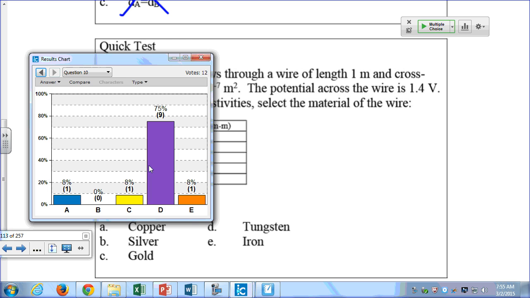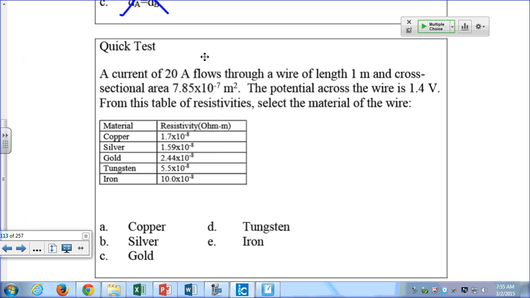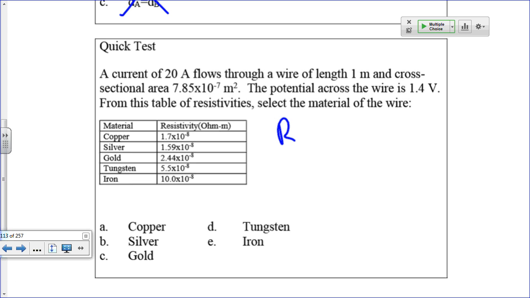All right, D is right. These are pretty straightforward. You just need to put in the right numbers and calculate what is rho. So here I know that R is rho L over A. So I calculate rho, which is R times the area over the length. The resistance I find from Ohm's law, that's V over I, which is